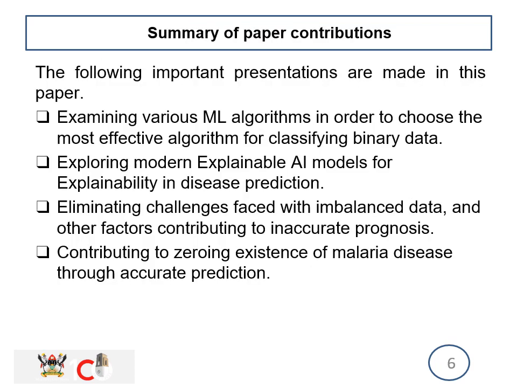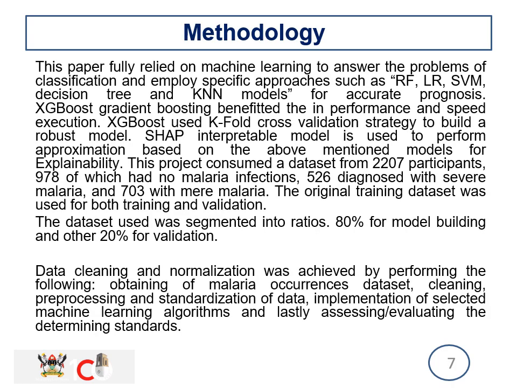Now, the summary of the paper's contributions here is examining various machine learning algorithms in order to choose which one is the most effective for classification of binary data, exploring modern explainable AI models for explainability in prediction of diseases, trying to eliminate the challenges faced by imbalanced data in most studies, and other factors contributing to inaccurate prognosis. This paper also tries to contribute to zeroing down malaria cases through